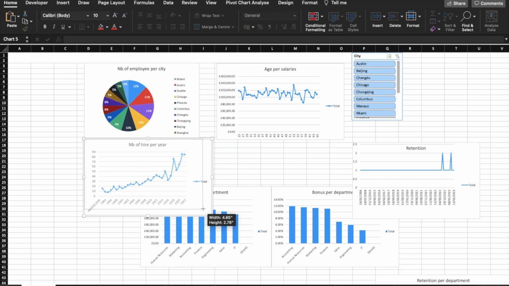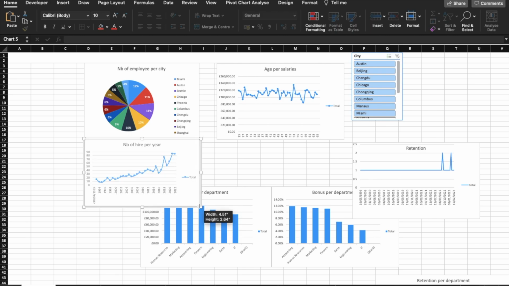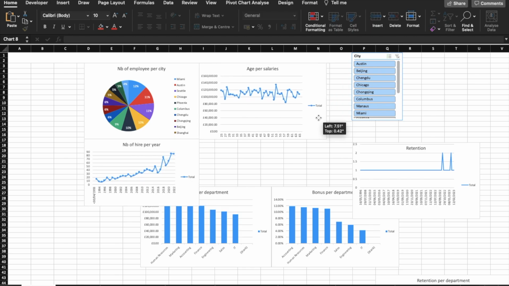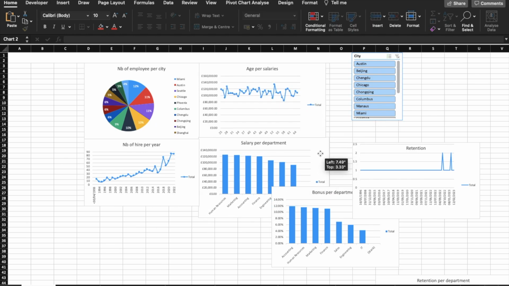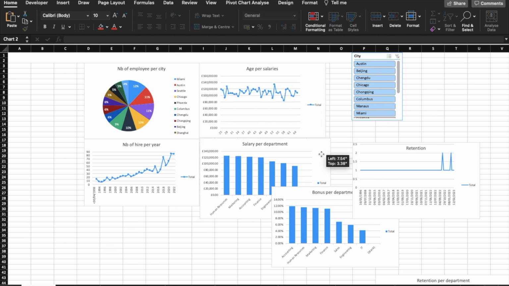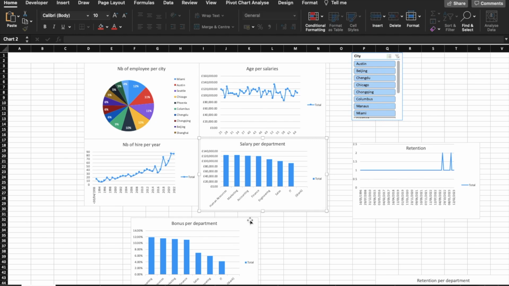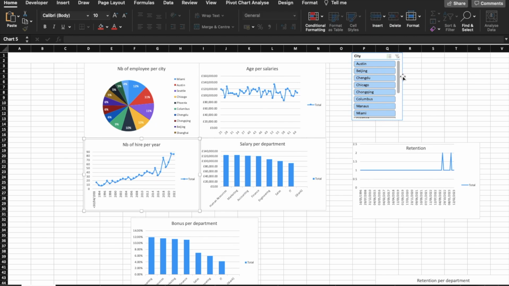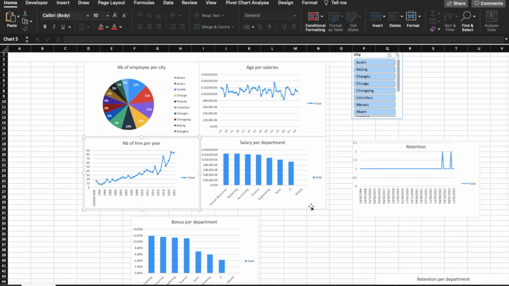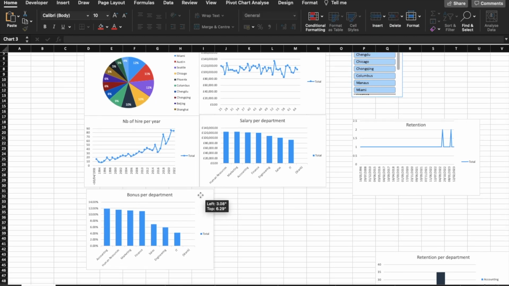Because I'm on a really big screen, I don't always need to have the data really big. I also present on really big screens, so you might not need all of the data showing exactly the same way. There are also other ways that I will show in another video to make sure everything is aligned. Here I don't really mind, I'm just making it quickly, but you might want to have them all exactly the same size. And then we're going to have a bonus per department,